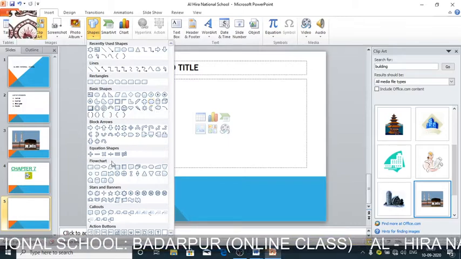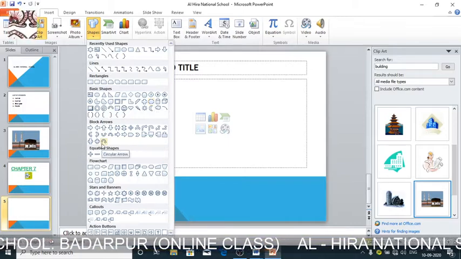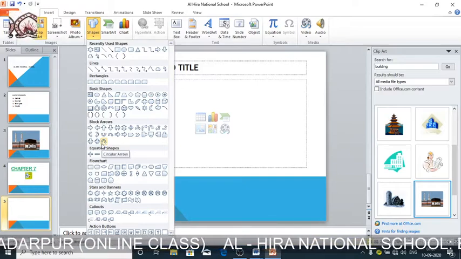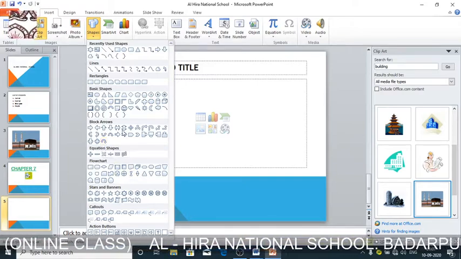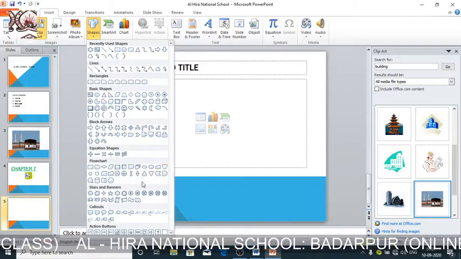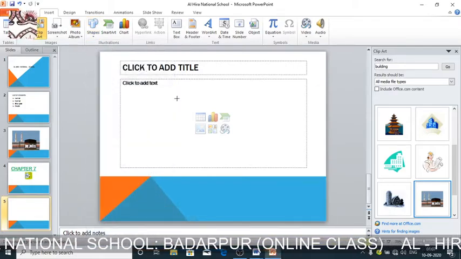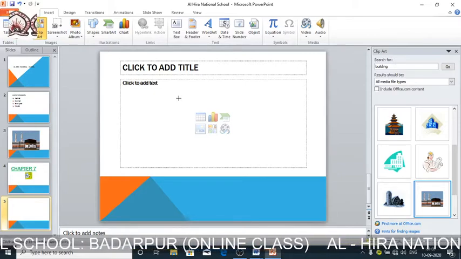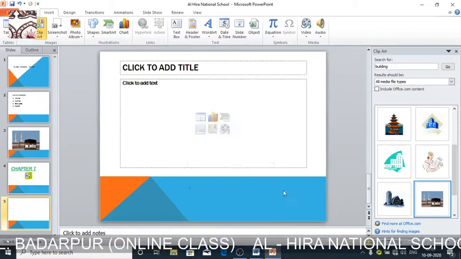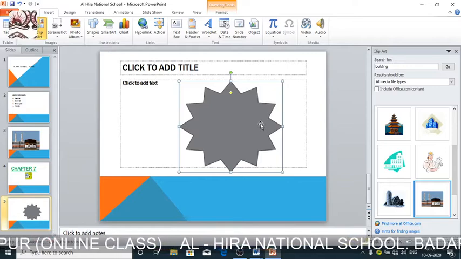You can see the auto shape menu has appeared, and then we can point to any category, and then select the particular shape we want, and then click or drag it in the slide. So that shape will come on the slide.